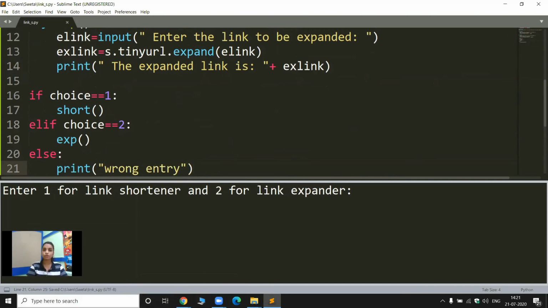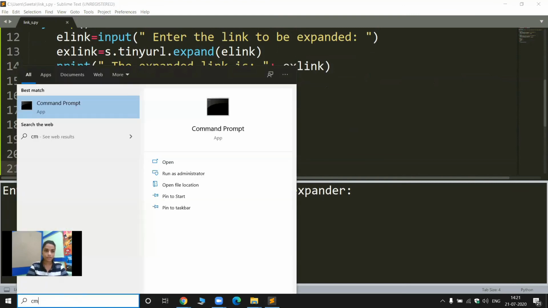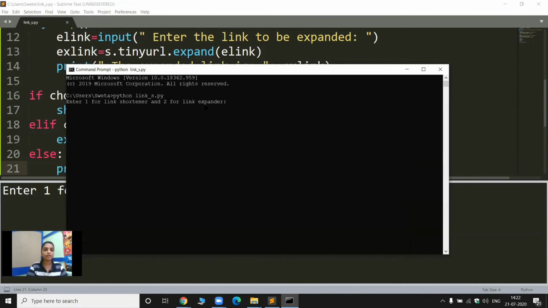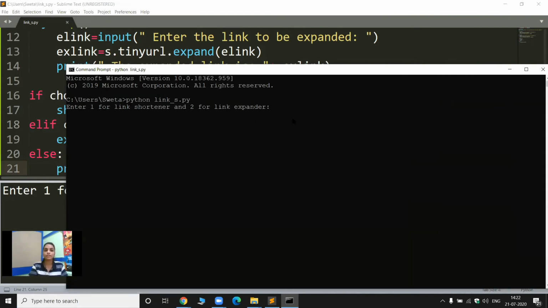Now I'll go to CMD and open it. I need to run this using the command python and the name of the py file, which has been stored as link_s.py. Now it is asking whether I want to shorten the link or expand it. I'll press 1.